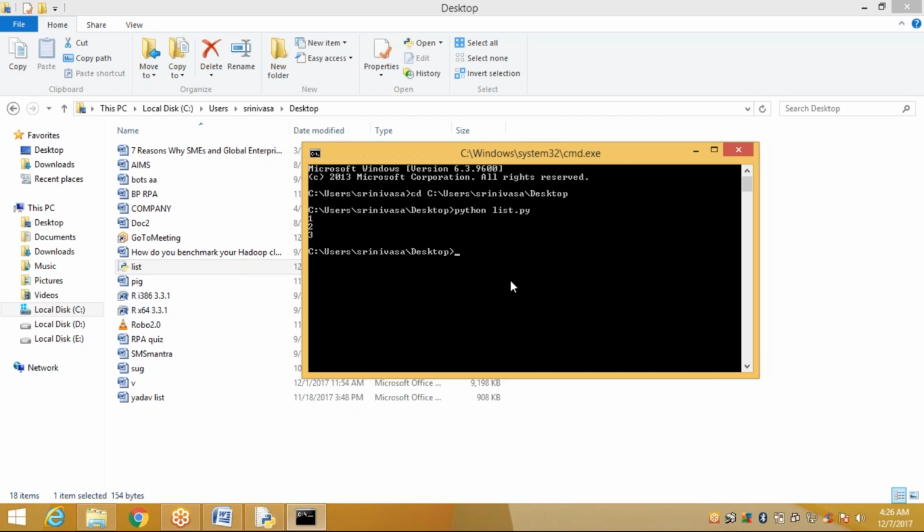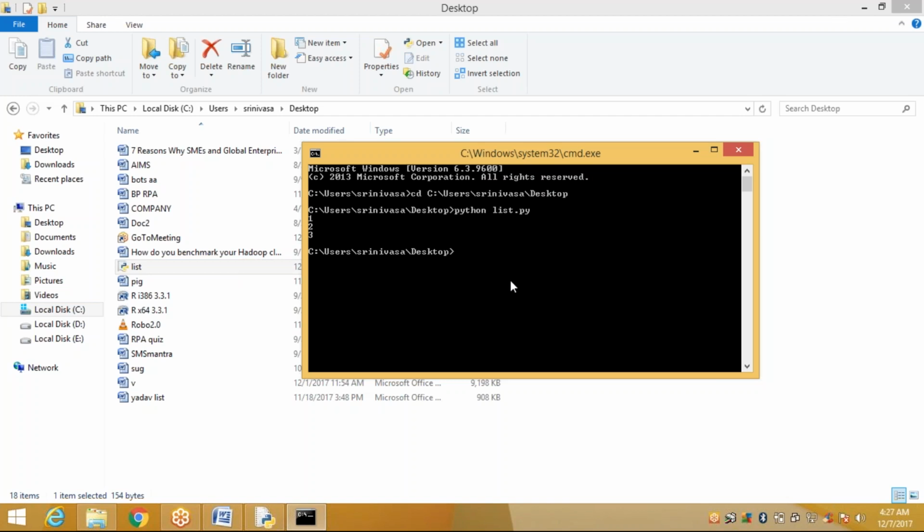If that path and your command prompt path are the same, directly write python and give your module name, that is the file name .py, enter it. Automatically it displays the values. Or you can copy that path and change the directory if the paths of your command prompt and file are different. Apply change directory, copy that path and enter it. Same python and file name .py, enter it. Automatically it will display the result. This is how to copy and paste and execute the program from our notepad.